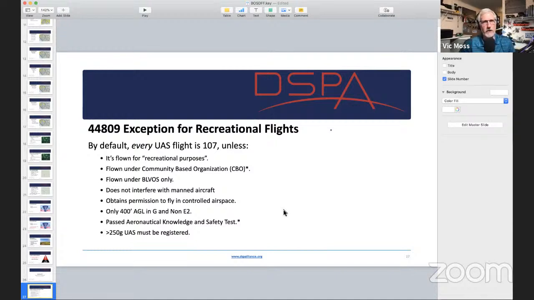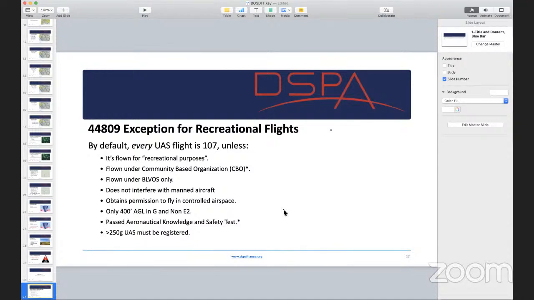And I'm not sure what it's called in that case because I've never applied for one as a recreational flyer. All of mine are flown under 107. But the FAA's Drone Zone website is divided into 107 and 44809 recreational flyers. So you can get controlled airspace permission there as well. Now, if you're in G and non-E2 Echo,